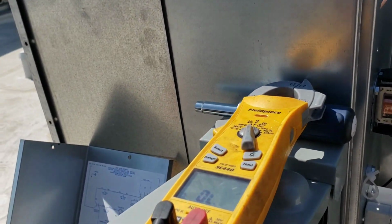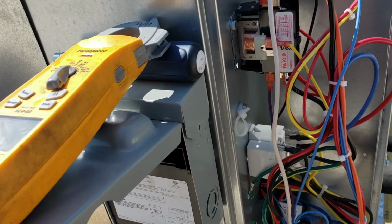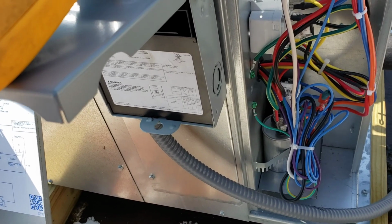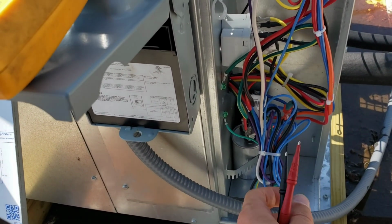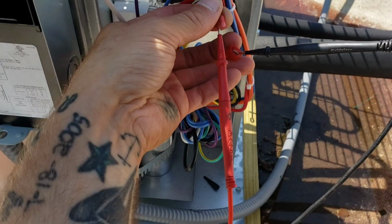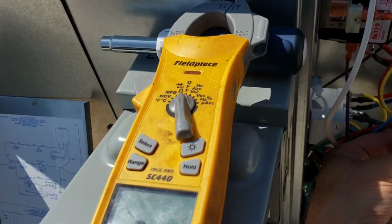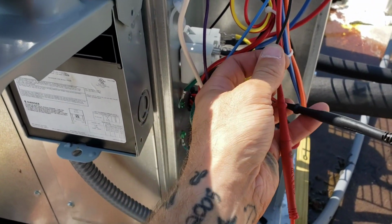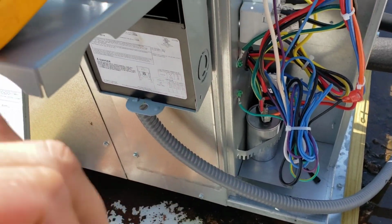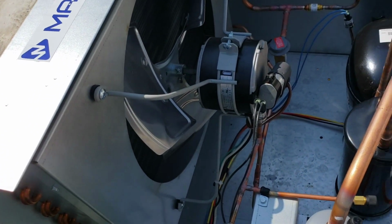Let's see if we can get these to tone out. So what we're gonna do, which I can't do one-handed, so I'm gonna set the phone down, guys, and I'm just gonna test across these two black wires going into my high pressure switch, see if we're closed. I'm connected across my fan cycle control, my pressure switch, and I got nothing. It's not toning out, nothing. Just to show you guys, I should have toned out, but I didn't. So my pressure switch is not